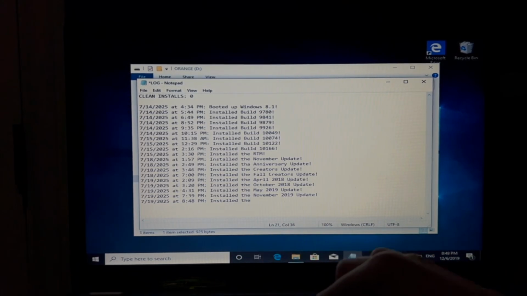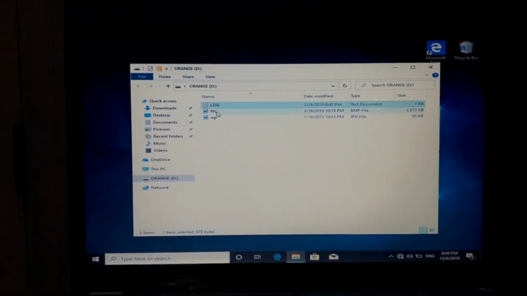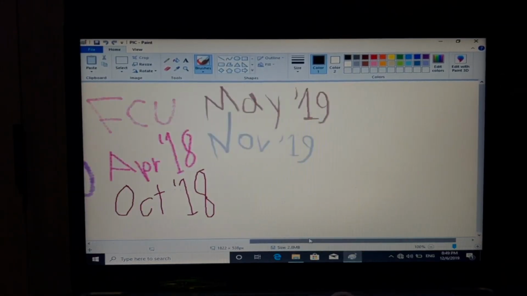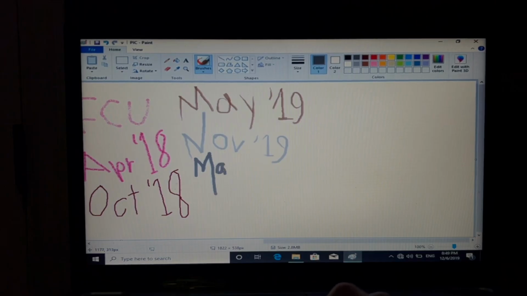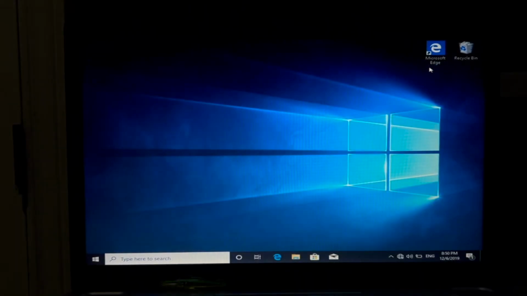Let's see. Installed the May 2020 update! Save. Get out of here. And now we are ready to edit this. Go with a nice dark gray. Do it nice and big. M, A, Y. May 20. There you go. I made the M a bit long. Let's just get all that out of there. There we go. And we don't have to set that as the wallpaper. Okay, so now we are ready to install